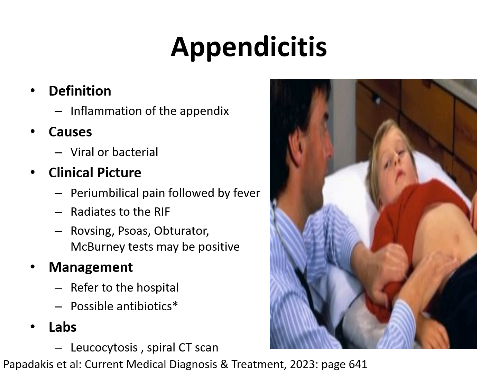And the clinical picture is periumbilical pain. Remember, the appendix comes from the midgut. And initially, any midgut derivative that is inflamed will give you periumbilical pain until hours later, you're going to have fever and the pain radiating to the right iliac fossa. When it is there, you can have possibly one of 4 signs that are positive: Rovsing's, psoas, obturator, McBurney's signs